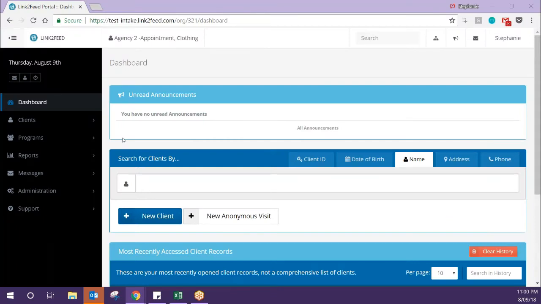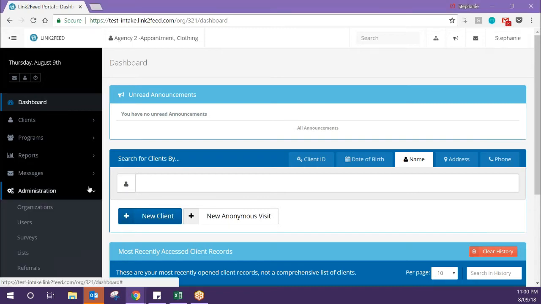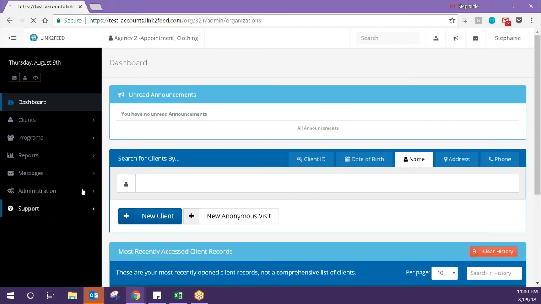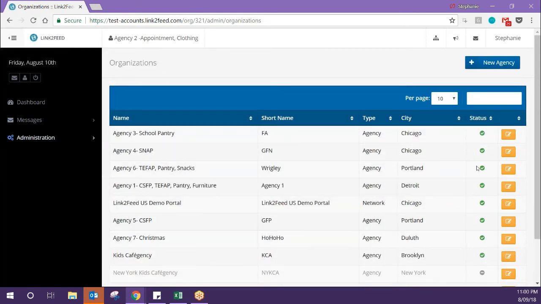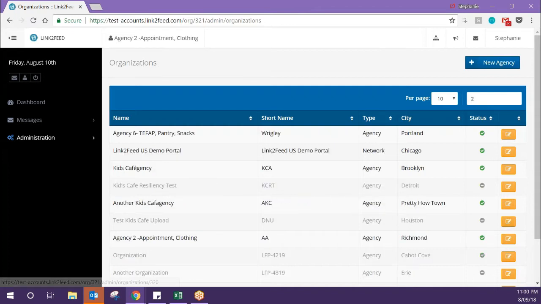To schedule an appointment using the Caseload feature, the first thing that you should double check is making sure that your hours of operation are set. To do this, you're going to go to Administration, Organizations, look for your organization, click on the orange edit icon to edit it,